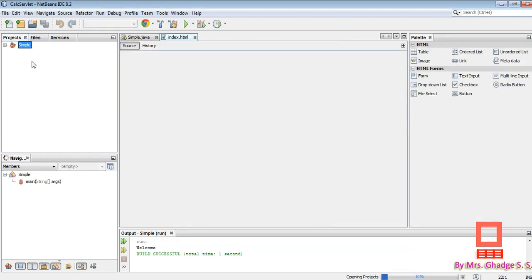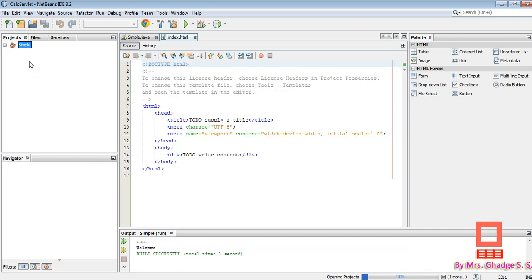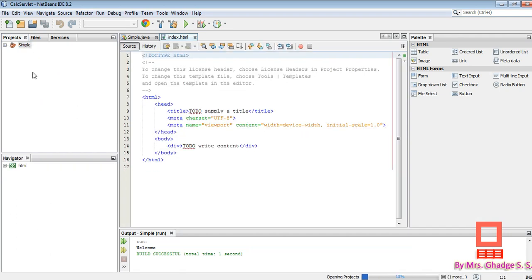Now at the left side you can see a pane in which our previously created project is shown. Here we will see our project calc servlet. You can see the icon of this is like a web, and the icon of a simple standalone application is like a cup.